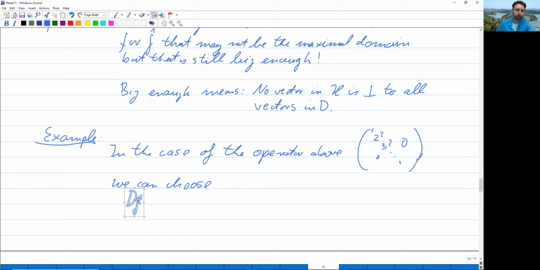We can choose a domain for f hat, which may not be the maximal one, but it's big enough, to be